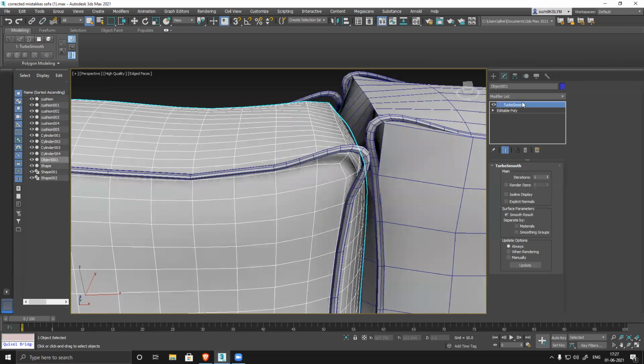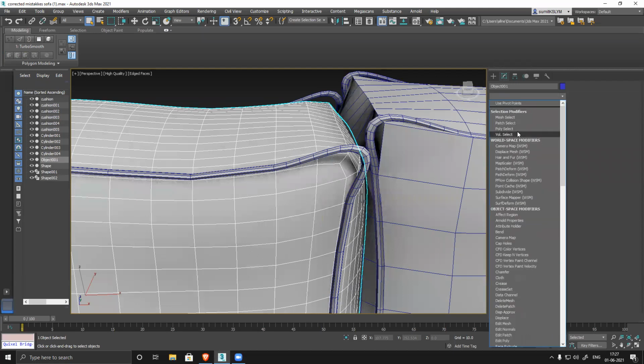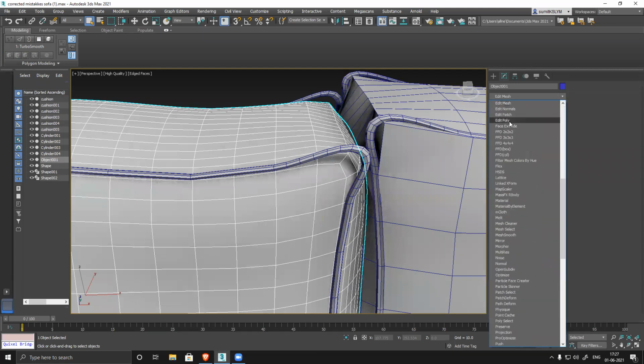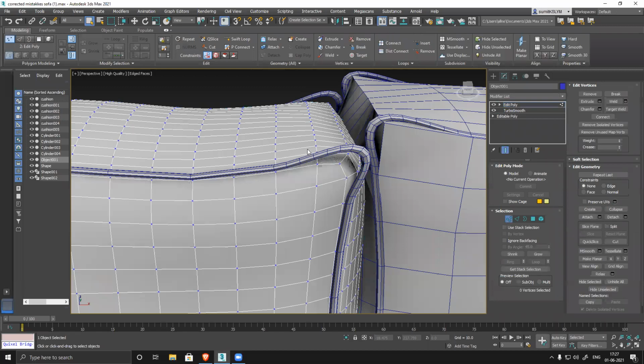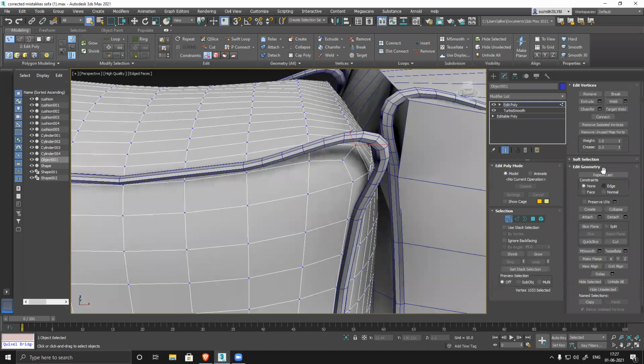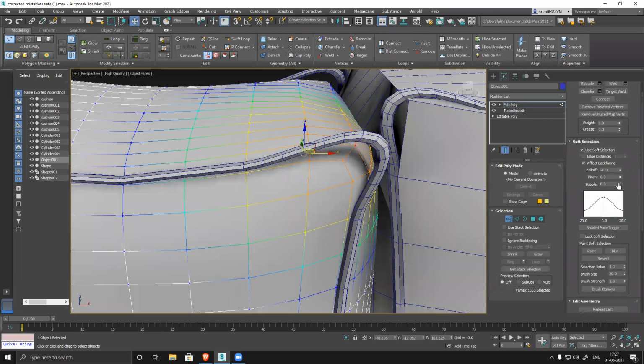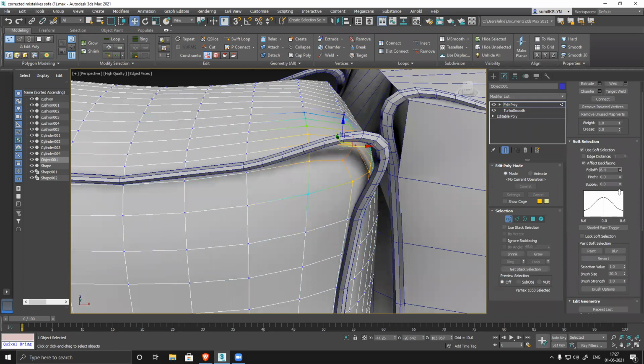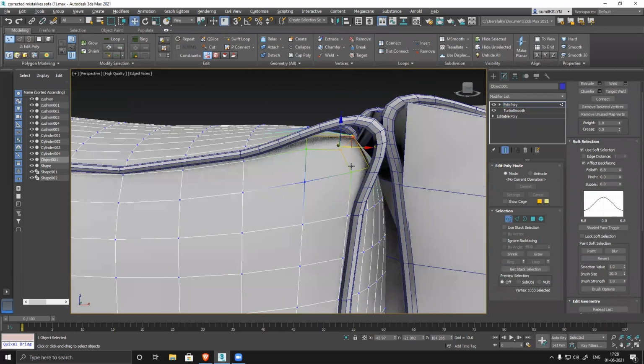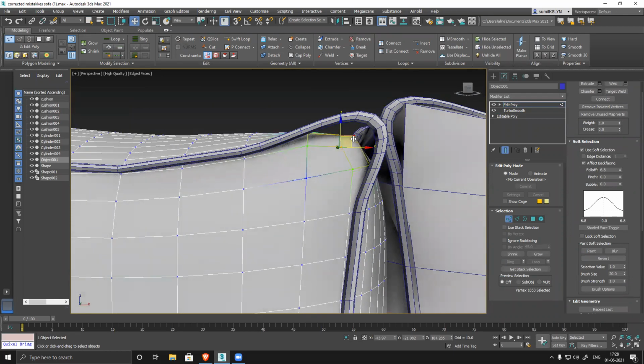Then select and apply edit poly, select all those vertices and switch on your soft selection, increase it slightly. No, this is way too strong. Use soft selection and make sure it matches this shape.